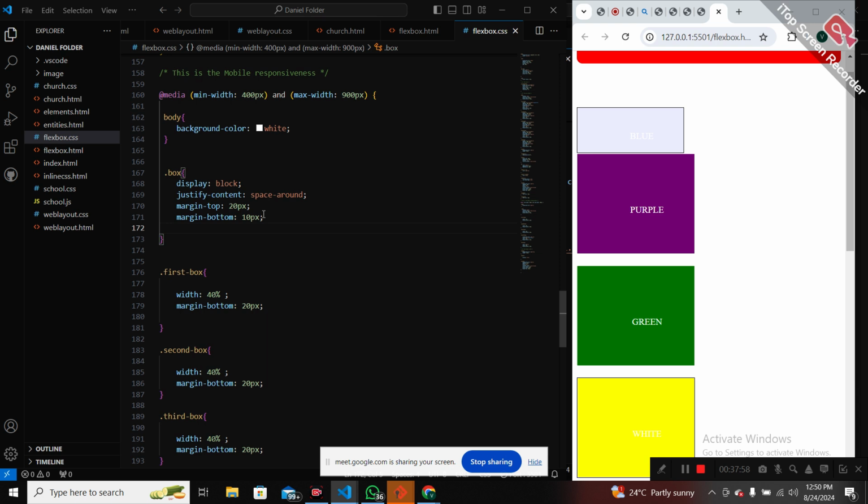Let's say justify content. My system is slow. Justify items. Let's see if this one will work. Center. Okay, this one did not work. Okay, let's say margin to auto. Margin